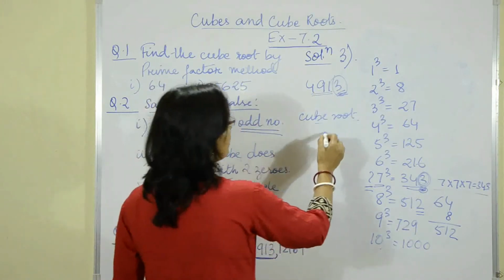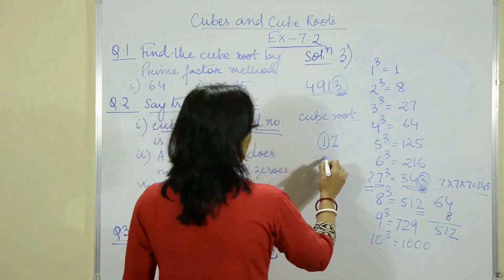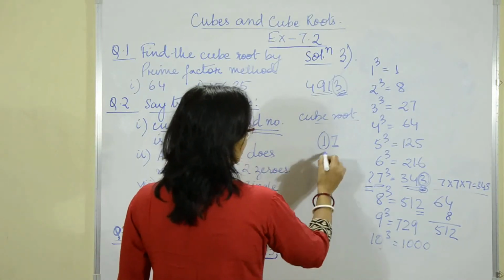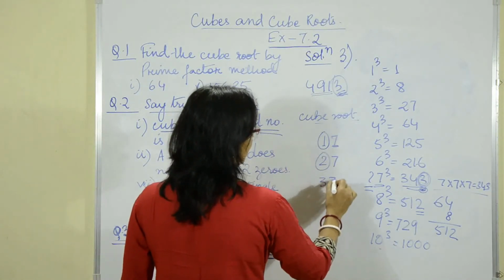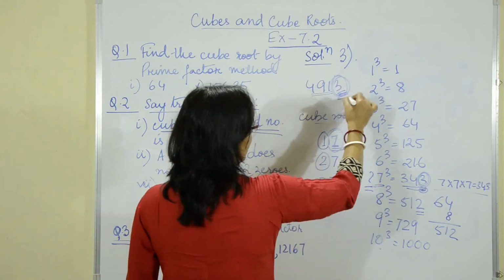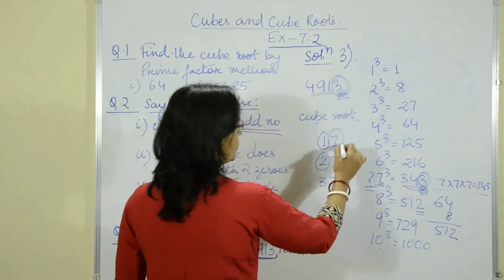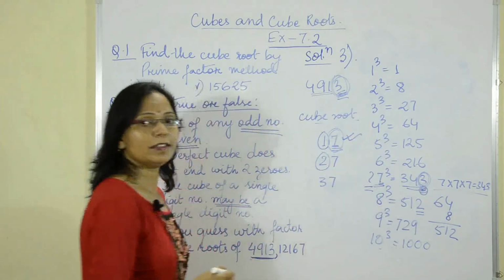I am starting with 1. I will always start with 1. If it is not valid for 1, I will go with 2. If it is not valid for 2, I will go with 3. But I am not going to change the unit digit, because here I am getting a 3 and I know the 3 is related to 7 only. So, for sure I know the unit place digit is 7.